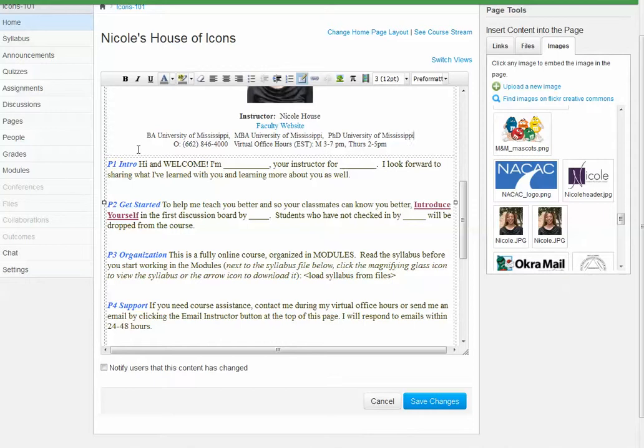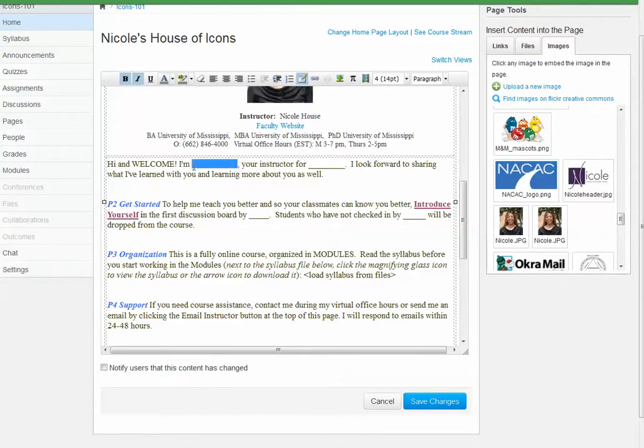Just beneath the faculty introduction or information box, we have a separation in the table for you to introduce your course, tell students how to get started, tell them how it's organized, as well as offer some basic support information, including how to reach you and how you will respond to them. In the intro, you'll want to make sure you just backspace, highlight and fill in your name. Next, you'll fill in the name of your course, highlight,